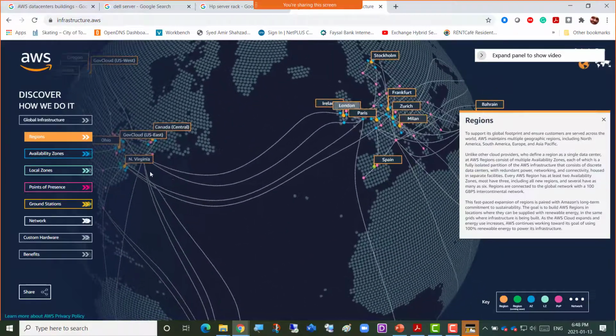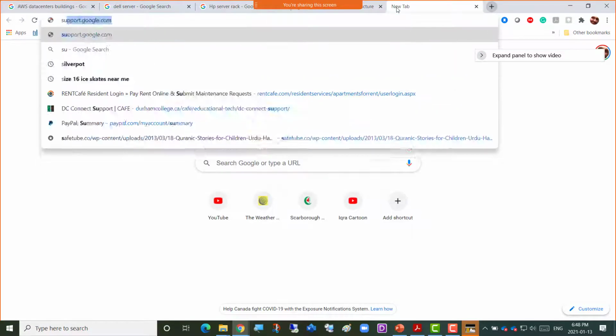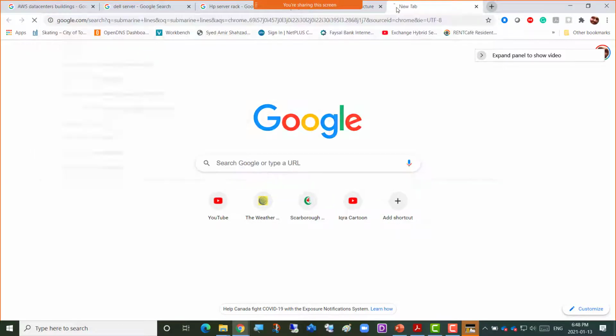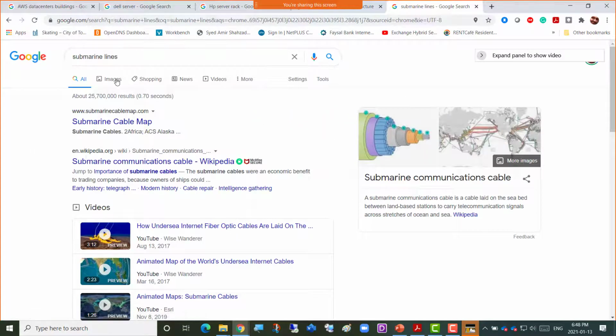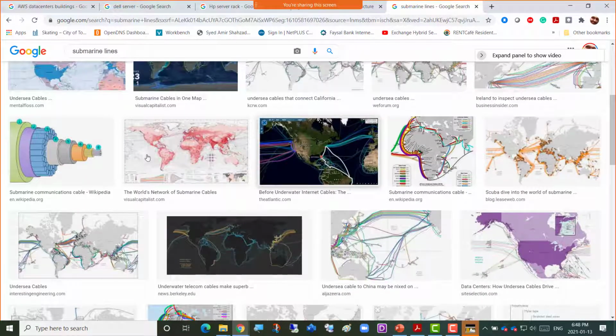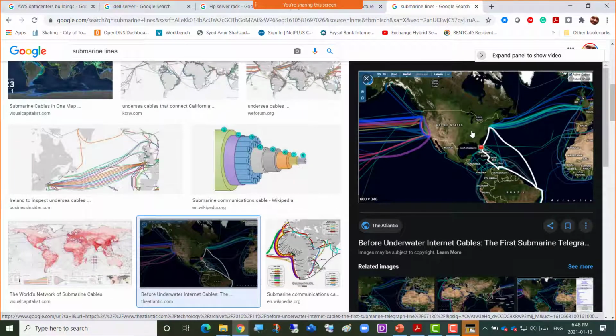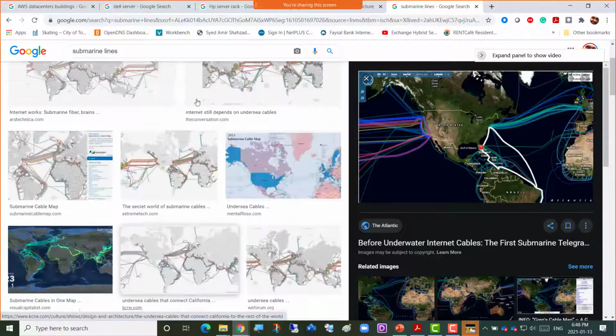Now these are all submarine lines, right? Underwater lines. So if I go for submarine lines, you must have heard that before, but those are underwater cables that are placed, and so they are connecting the continents. So they are underwater cables that are connecting all continents there. So there are many companies who have dug out there under the sea. It's not dug out, they just put it on the sea floor, the submarine lines. And I would say lines, instead of that I will go for submarine cables.